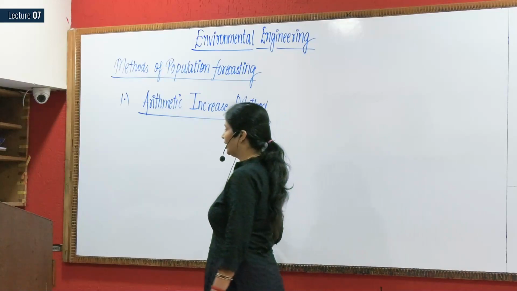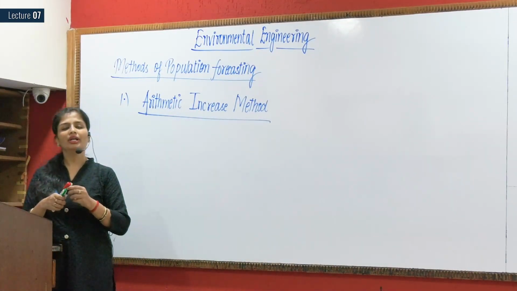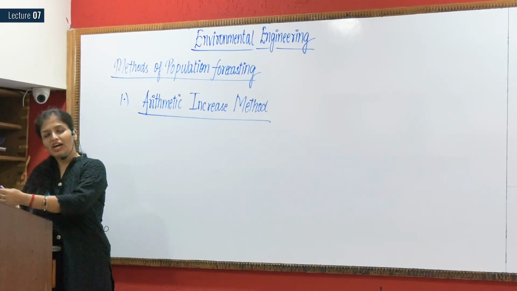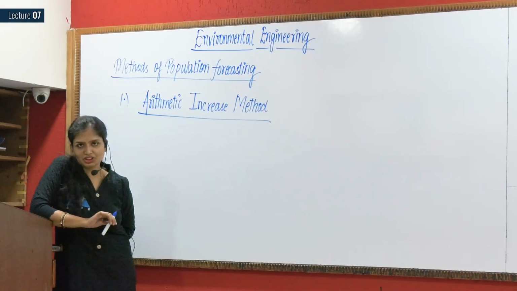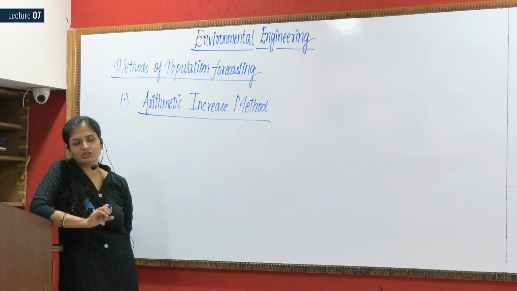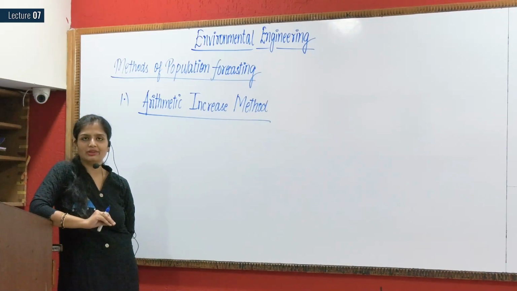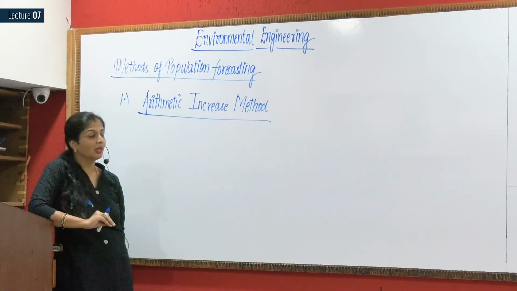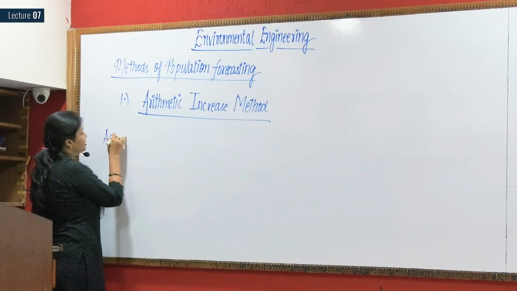which you have to keep in mind while solving arithmetic increase method problems. What is that assumption? Why is there a need to know that assumption? Because this assumption comes in the assertion and reasoning part in ESE, and in GATE they can give you 3-4 statements and you have to tick the correct statement; in that also you should know the assumption. So the assumption in the arithmetic increase method is